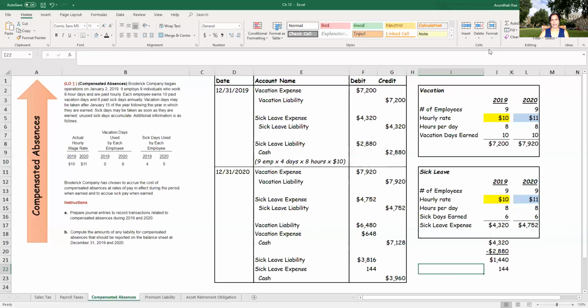So in the next exercise, we're going to switch gears and look at a different type of current liability, and that is going to be coupons and premiums given out to entice people to buy more.